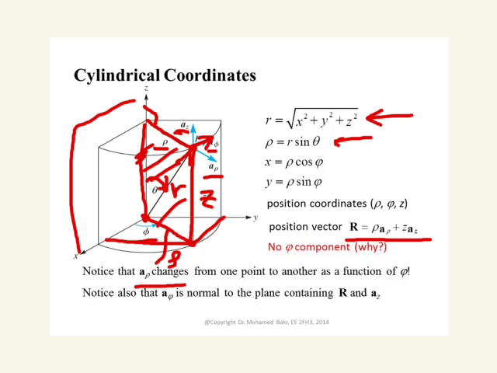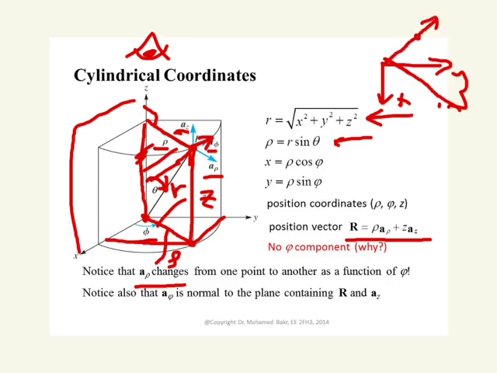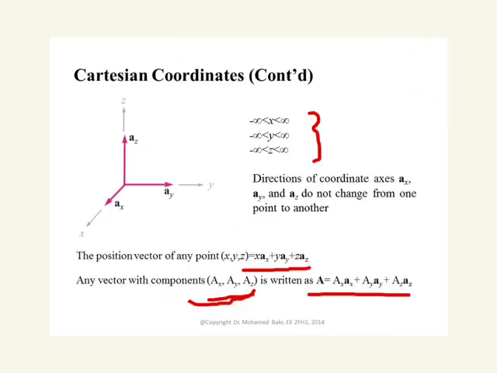For example, here, if someone looks from the top, okay, someone looks from here, he will see the xy plane. So this will be x, this will be y. And at this point, this is the direction of the vector rho. It's not being drawn accurately here. At some other point here, say this will be the direction of a rho. At some other point here,